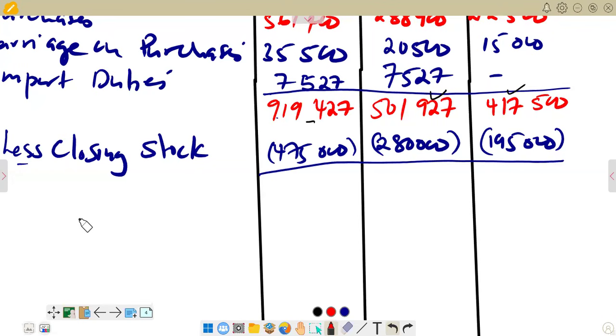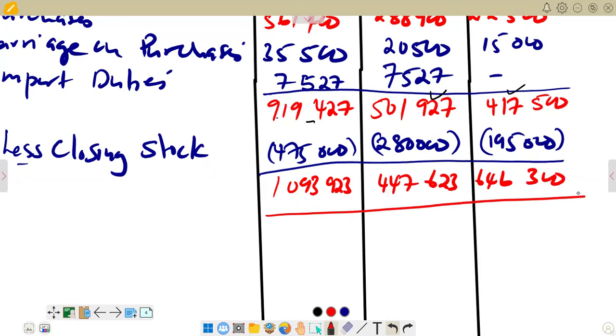If you calculate as such, by saying sales minus cost of sales, in the total column you are going to get 1,093,923. Then for our clothing, we're going to get 447,623. And then for the toys, 646,300. So this becomes the final figures, which represent our